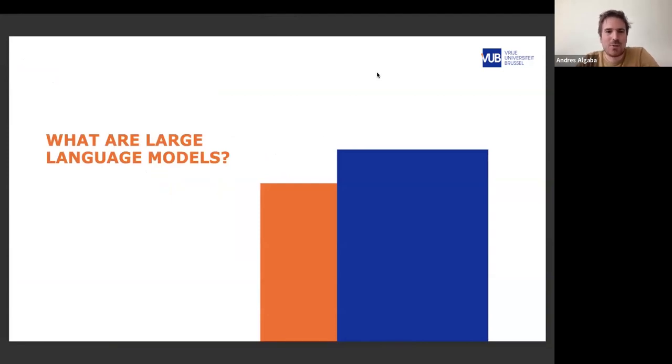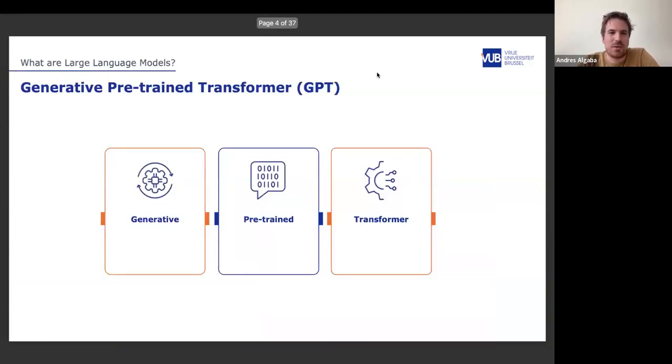So let's start with the first question. What are large language models? And I think the best way to explain large language models is to start from the abbreviation GPT. Nowadays, we know GPT as a commercial product by OpenAI, but 7 years ago, the term GPT came to life as the Generative Pre-trained Transformer. And this was a name for a new type of architecture